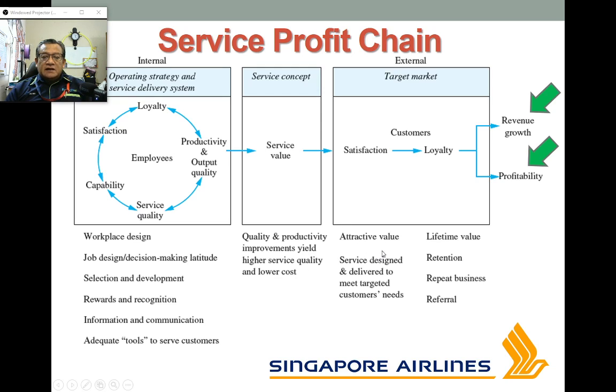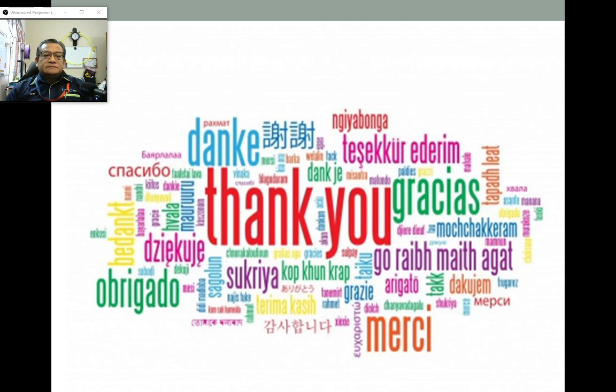For example, a value of delivery of a flight on time, or I would say a flight arriving at its destination on time. And this will lead to retention of employees, and also the service is being referred to others, so that others are also persuaded to experience the service. And of course, this is the overall relation or value chain of the service profit chain. So that is the interrelationship of both systems, how it works.